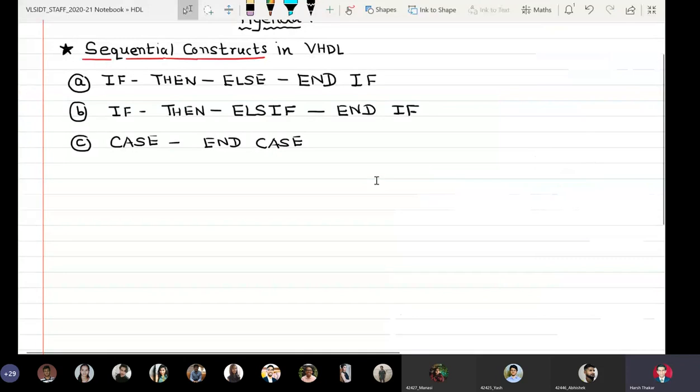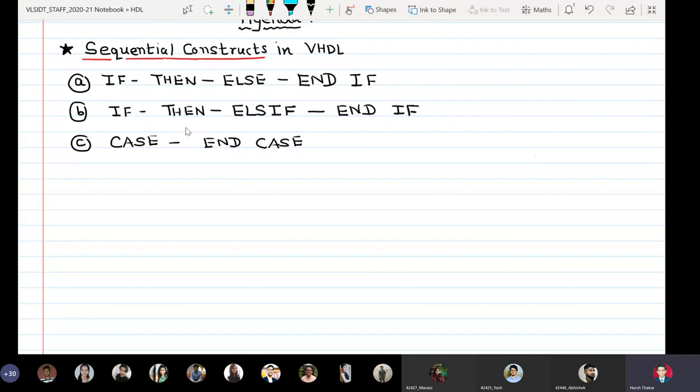Okay, so good afternoon. Yesterday we learned the process clause and also the when else clause, which we said are examples of concurrent constructs in VHDL. And as mentioned earlier, for basic VHDL modeling, we need to learn only two kinds of statements, that is concurrent statements or constructs and sequential statements or constructs.